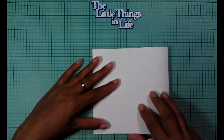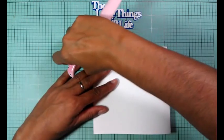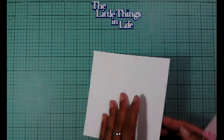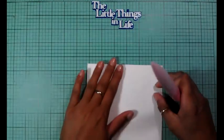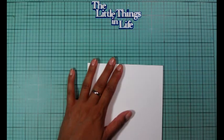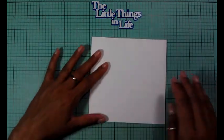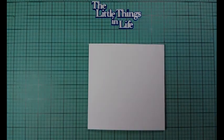And I'm thinking that I might want this card to open up the other way instead of up and down. Maybe open up from the side this way instead of up and down. I'm not sure. Let me see. If I got it laid out that way, would it be better to... I think I'm going to open it up this way, okay? So, with that being said, I end up using